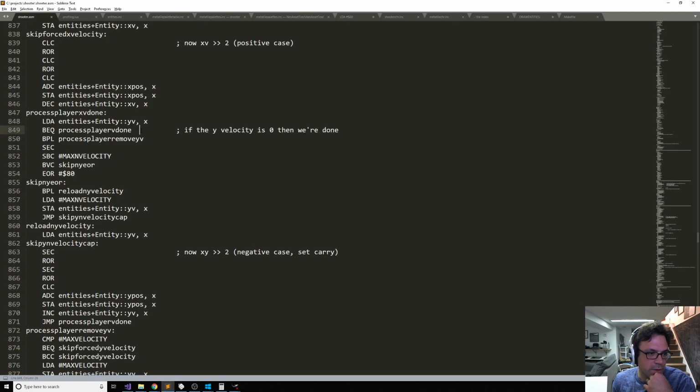Load the Y velocity, process branch of equal. So if it's 0, just go to done. Otherwise, we're going to go to player remove velocity. Otherwise, we're going to actually subtract